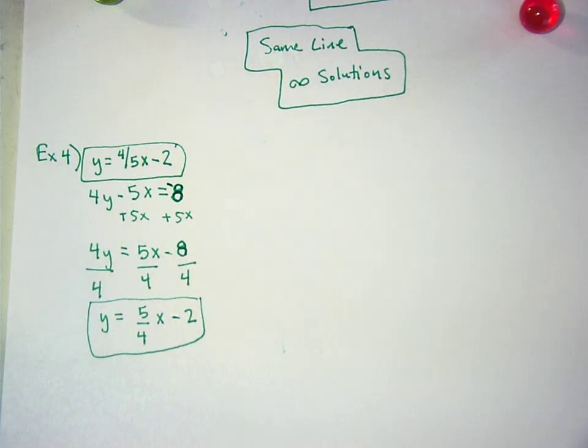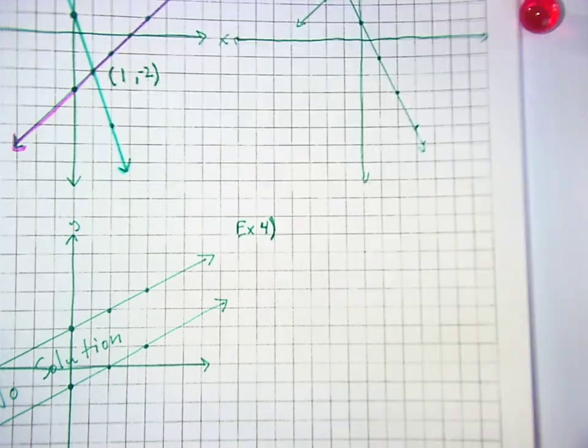By the way, if you ever notice that two lines have the exact same slope, you can just say no solution without graphing them. Okay? Or if they're the same line. This one,